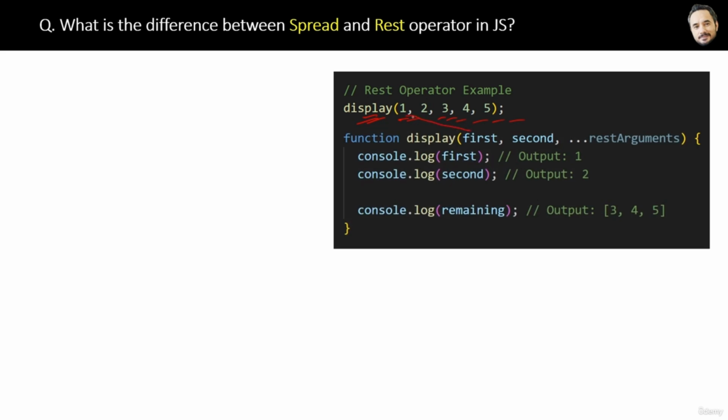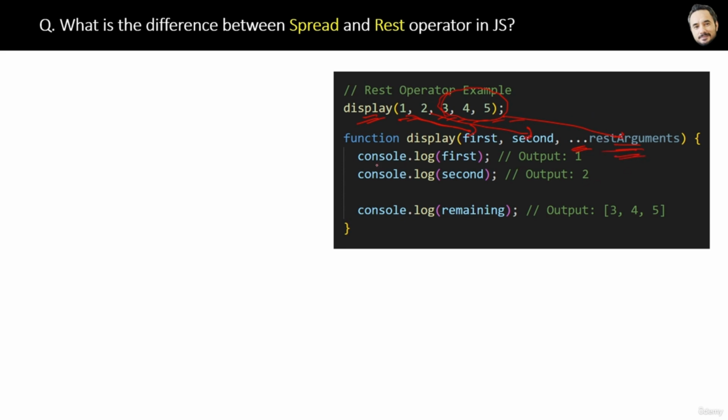Partial means here you can see the first and second parameters represent 1 and 2, and this parameter, rest arguments with these three dots, will be considered as the rest of the arguments 3, 4, 5. Okay, these are the rest of the arguments, right? That's why its name is also rest operator, because it represents the rest of the arguments which are